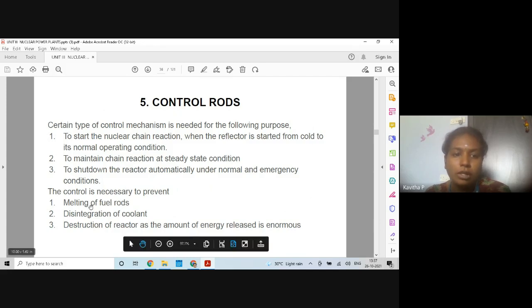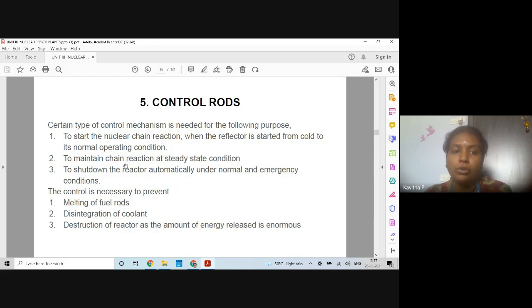The control rods control the chain reaction only by absorbing the neutrons. Control rods are meant to absorb the neutrons, and in case of any emergency situations, the control rods will be completely pushed into the nuclear reactors so that all the free neutrons will be absorbed and no more fission process will take place, so that the chain reaction immediately comes to an end.